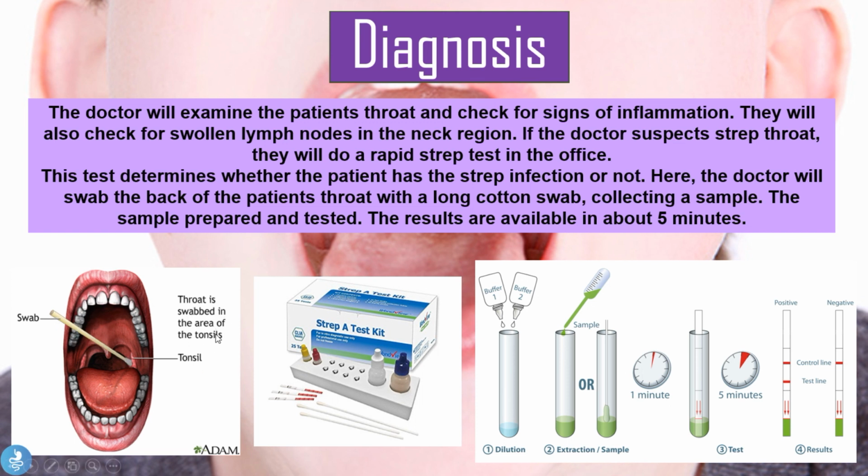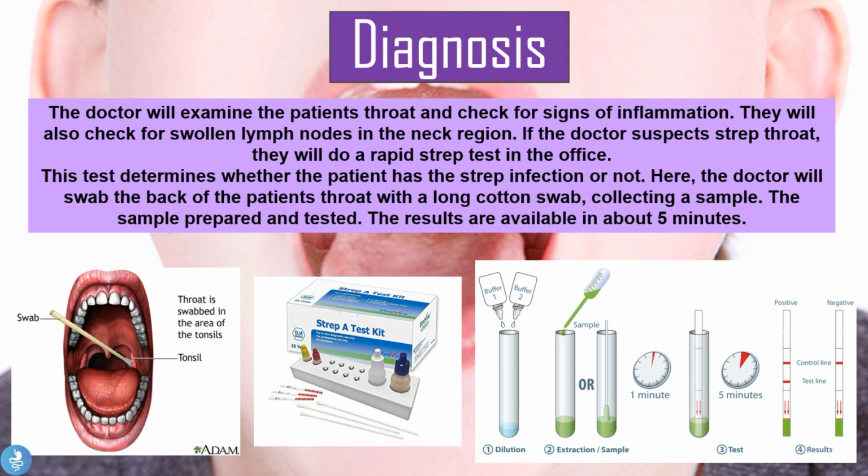So the throat is usually swabbed in the area of the tonsils, which is actually at the posterior wall of the oral cavity. And then a sample is prepared and tested, and the results will be available in about 5 minutes. So this is actually quite a rapid test to check for the presence of the streptococcal bacteria. And as we can see, a positive result means 2 red lines, and the negative result would just mean 1 red line. So if we have a test line which also appears, then we know the patient tests positive for the